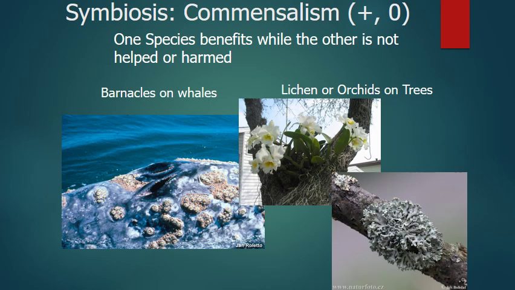Commensalism is another type of symbiosis. This is where one species benefits, hence the plus up here, and another species is not harmed, but it's not helped. Examples of this include barnacles living on the outside of whales. These are barnacles here. They're actually alive. They like to live on large things like boats as well, and they won't hurt the whale, but they're not helping the whale, while the whale is providing them with a nice, safe, relatively secure spot to live.